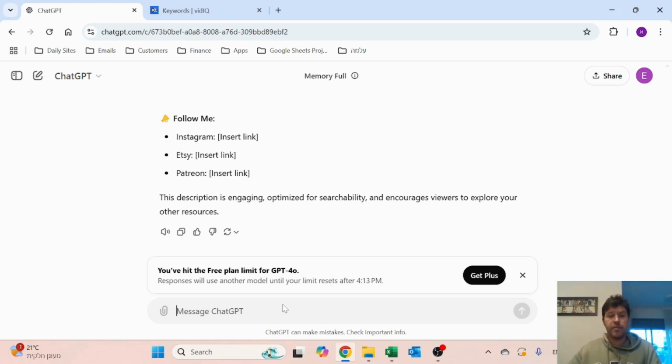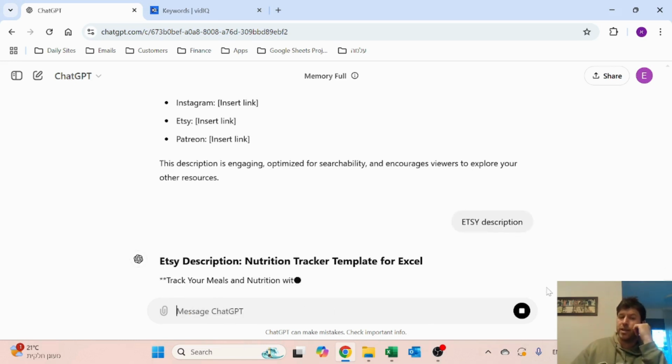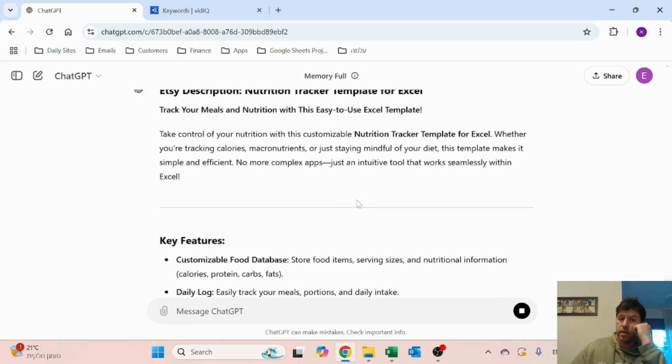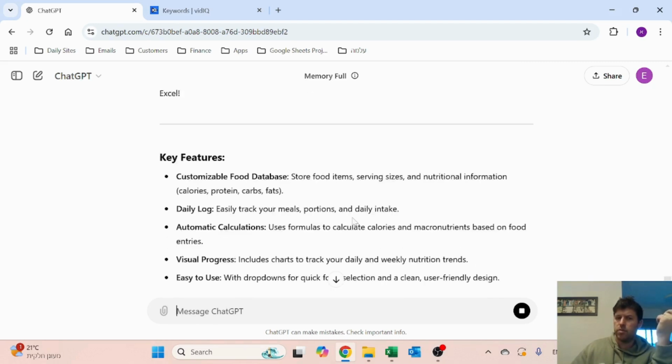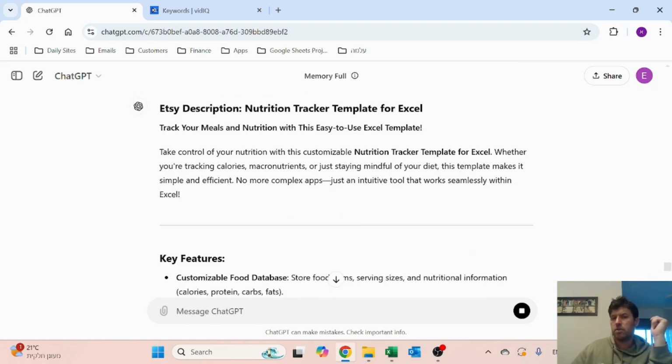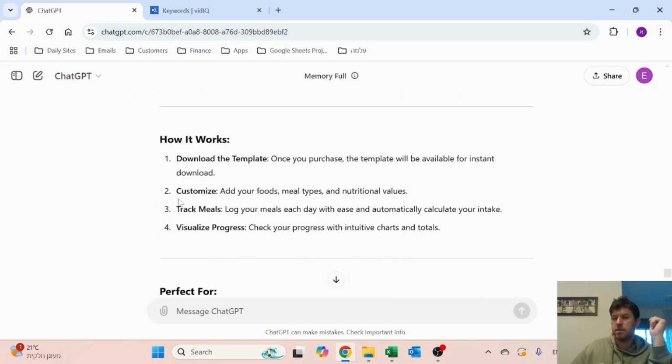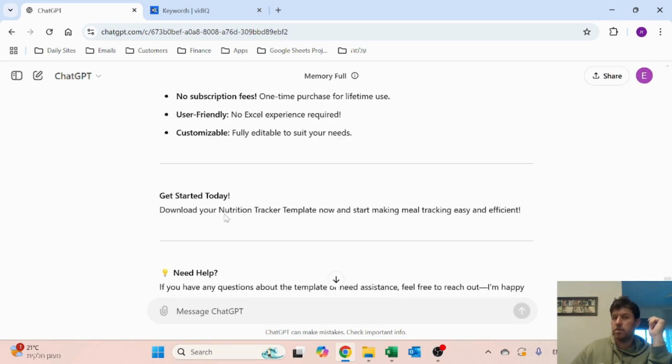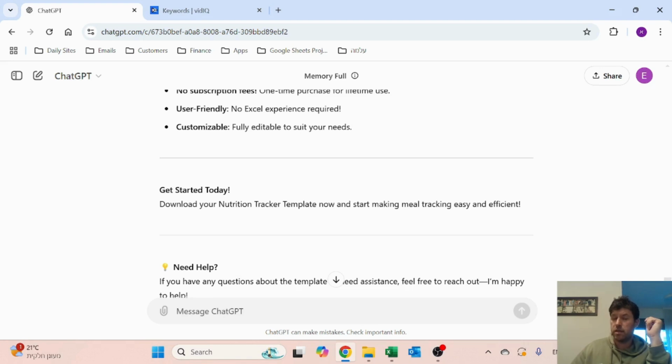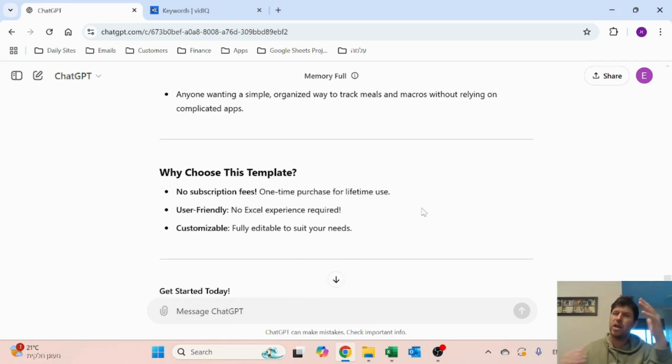Then I want to have an Etsy description. That's not for this case, but whenever I create templates, I want to have an Etsy description. It's a bit different than the YouTube one, but very similar, of course. So it has this, it has this. The Etsy description is actually very good. I usually have a template, so I have the before and after,